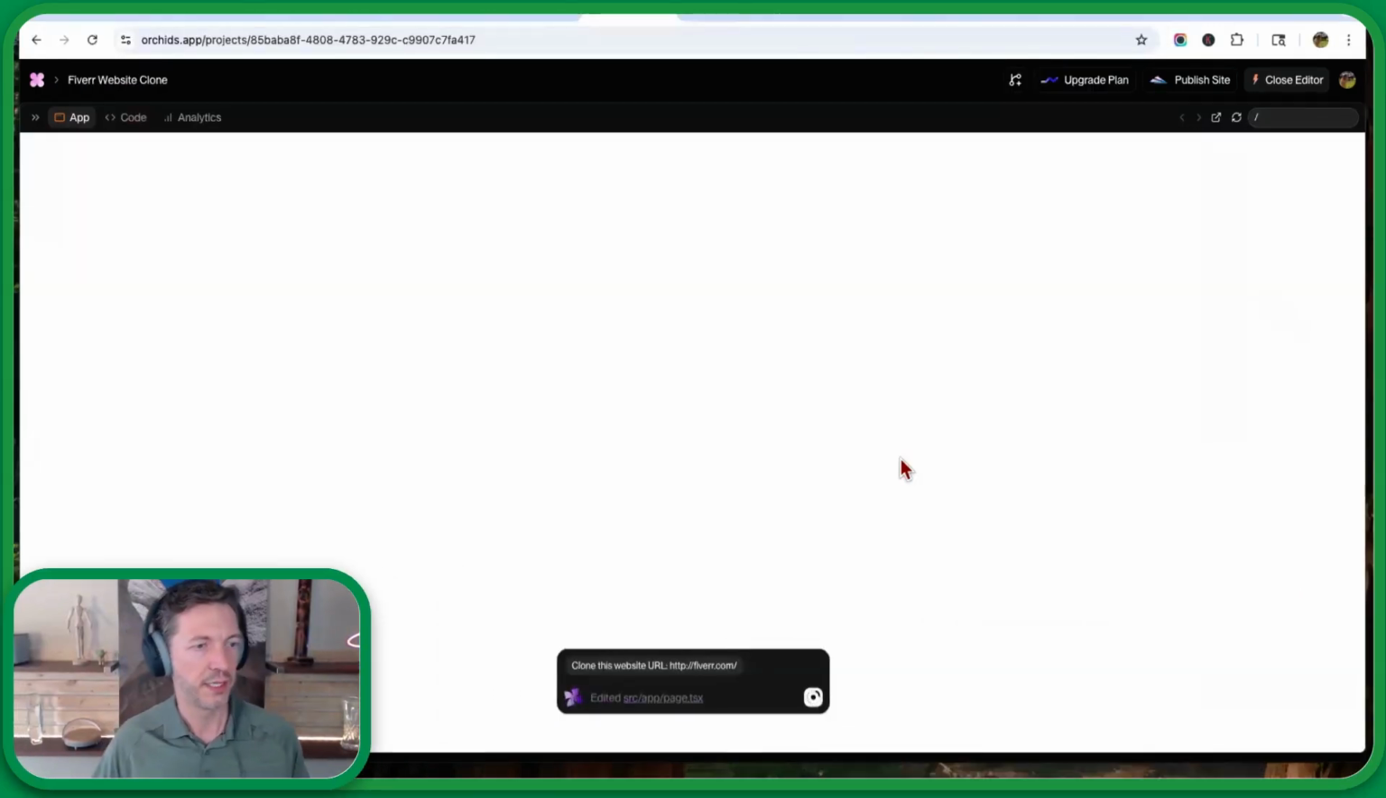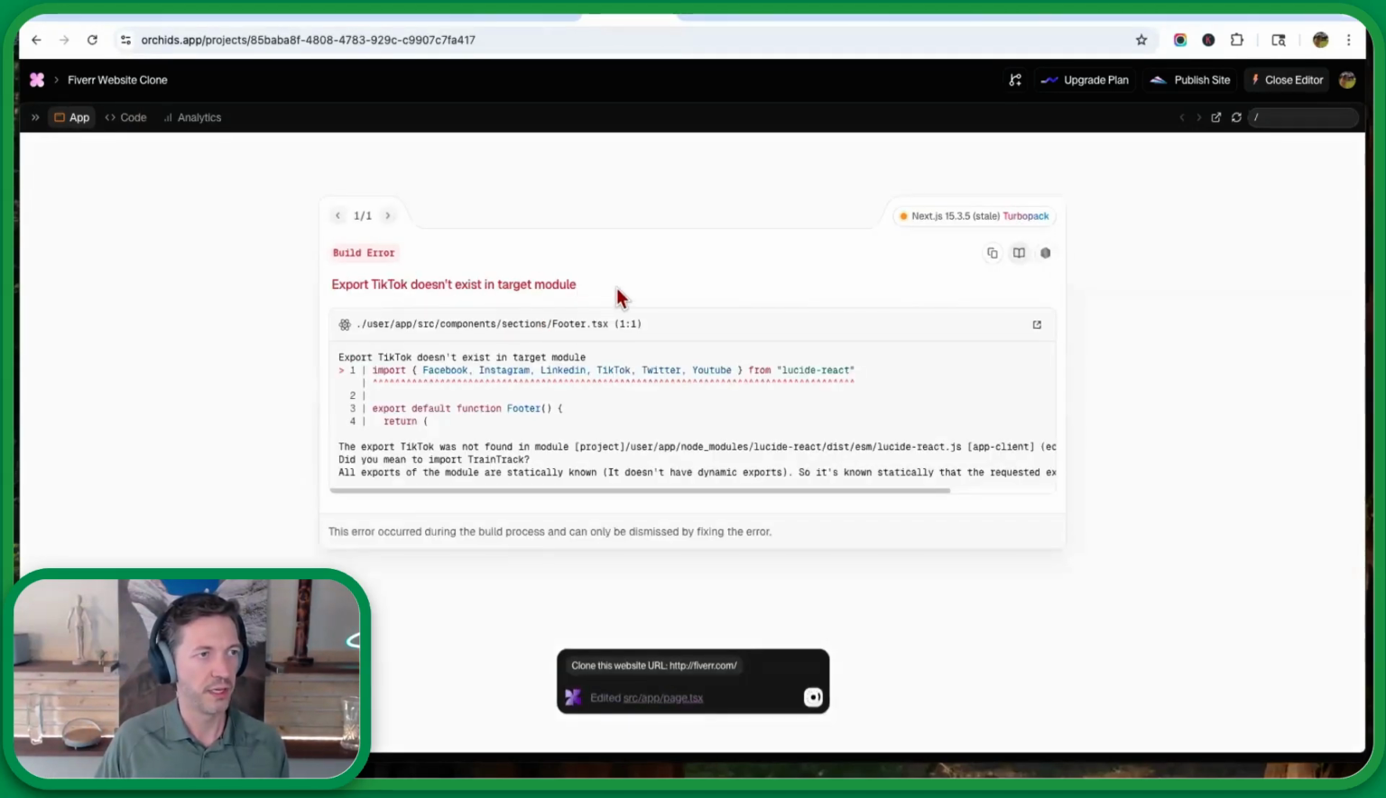And here is that, looks like it's trying to show up. Export TikTok does not exist in the module. Looks like it's still working on it though. You'll see these errors pop up until it connects everything up. So this used Next.js